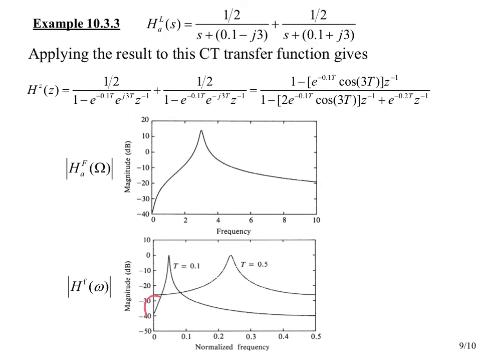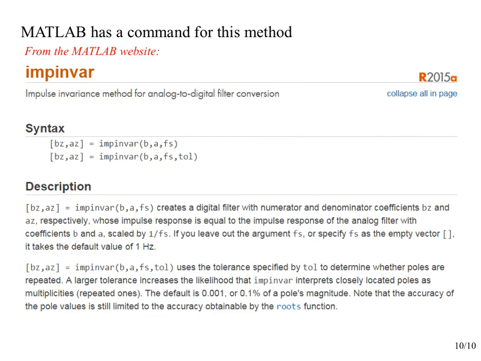With 0.1, we see that it does retain that kind of swooping down to a small value, whereas for 0.5, it doesn't really quite do that. So this is just illustrating that it's a semi-viable method, but it has a lot of problems built right into it. It is semi-viable, and there is a MATLAB command for it that's called